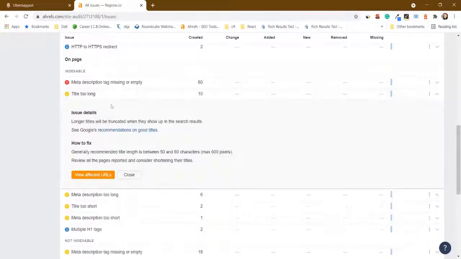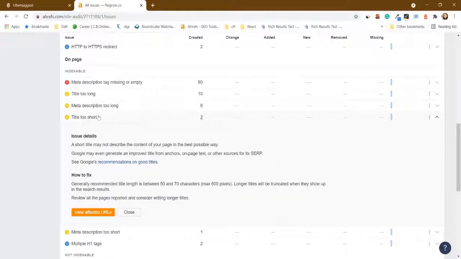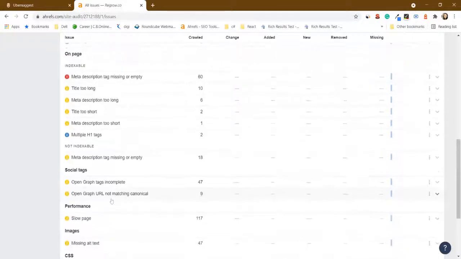In the same way, meta description is too long, so I need to fix those. A title being too short is also not good for SEO, so even that you need to ensure and increase the length of the title. Make sure that these on page factors are properly optimized.